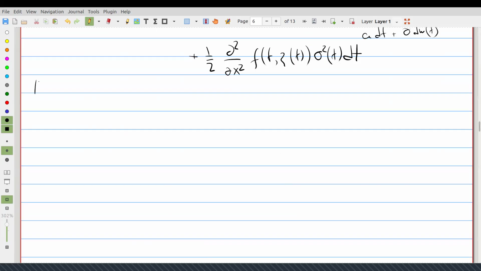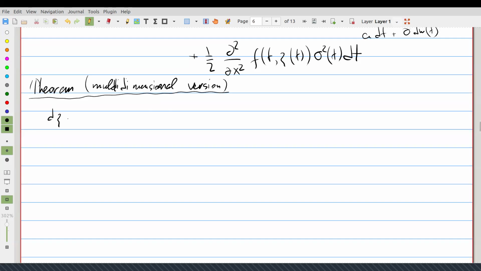I will formulate also a multi-dimensional version, but we will prove only the one-dimensional version. The proof is very similar in the multidimensional case. There will appear some cross terms that will cancel each other, but whatever. So